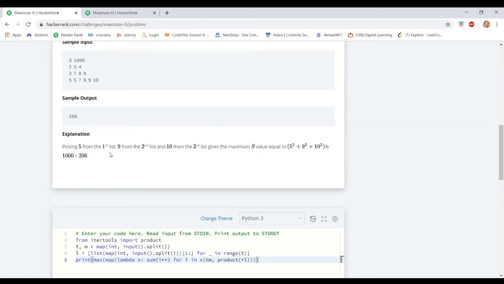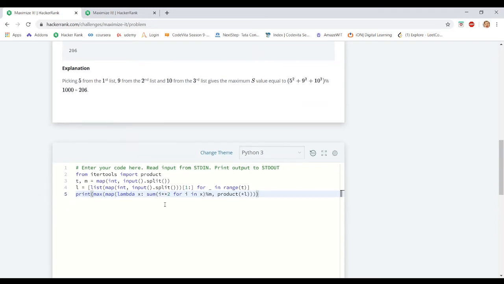Next we need to find the sum of squares of individual elements from all the lists we stored in L. For this we are using the predefined product method from itertools. In product of L we get a list of values. Let's see this by commenting this out for more understanding.